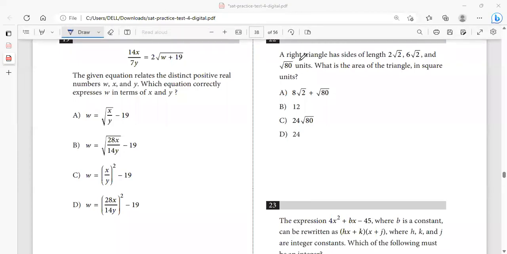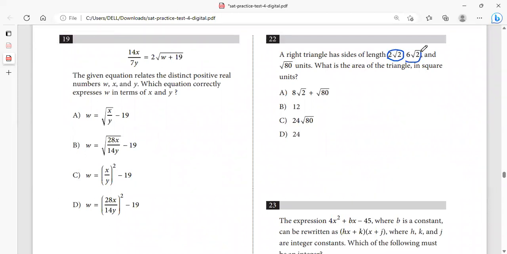Let's look at this. The question says a right angle has sides of length this, this, and this, right? Yes? So this is a right angle triangle. You have the right angle over here. So let's say this is the perpendicular, this is the base and this is the hypotenuse. Now, if you remember, we can apply